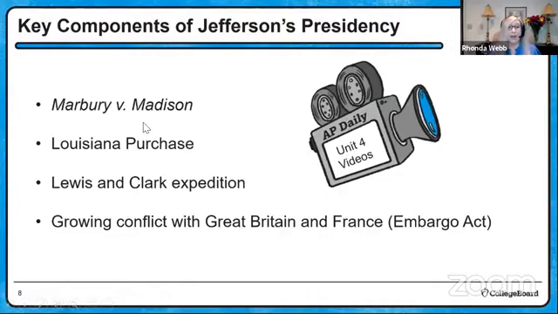So Marbury versus Madison, you'll remember, was the court case that establishes judicial review for the Supreme Court of the United States, which would have been something that the Federalists would have liked. You might remember that John Marshall was the Supreme Court Chief Justice who's going to be deciding this, and he's a Federalist. So when he's on that court for 30-something years, he's going to be making his rulings based on that Federalist ideology. So these parties are important, and the way that they interpret the Constitution is important.